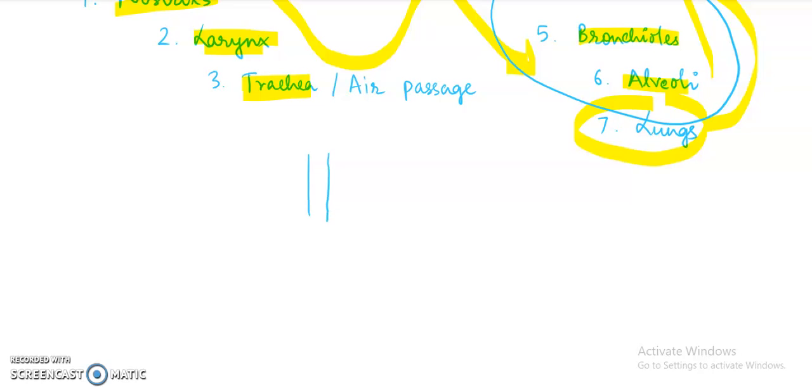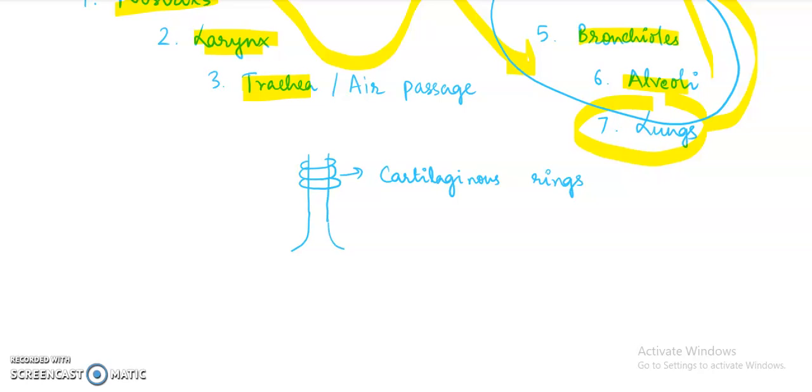Now this is the trachea, which is lined by cartilaginous rings. So these are cartilaginous rings. Now what is the role of these cartilaginous rings? Whenever the air is larger in quantity or lesser in quantity, these cartilaginous rings are flexible and they prevent bursting of the trachea. So whenever airflow is large or less than required, these cartilaginous rings will be very